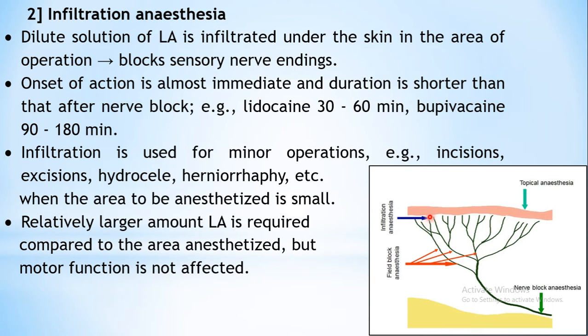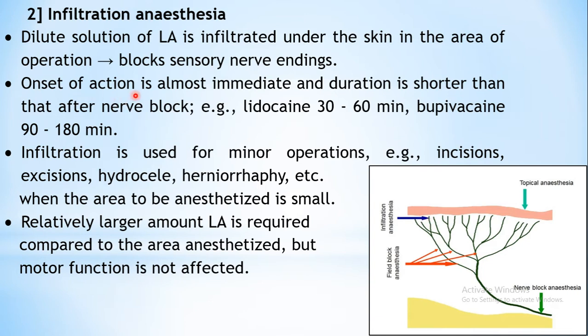So here, the sensory nerve endings in this area where you are infiltrating, infiltration meaning penetration into the deeper layers. Infiltration, when it is done in a particular restricted area, blocks whichever sensory nerves are supplying this region, which sense touch, pressure, and pain. All these sensory nerves will be blocked. And pain carrying sensory nerves are more sensitive, as we have seen under the actions. So pain carrying sensations will be blocked in this area where you are infiltrating your drug.